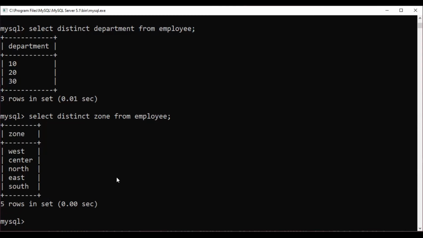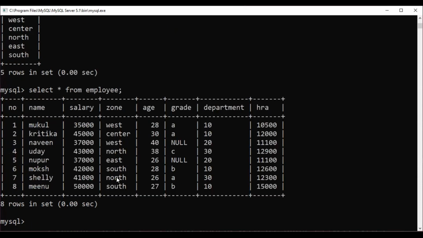Next function is a condition based on ranges. Suppose I want to display the salary in between these many elements. So first we will just go to the main table, select star from employee. Suppose I want to display the details of employees whose salary ranges from 40,000 to 45,000.